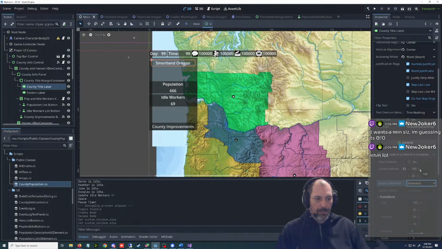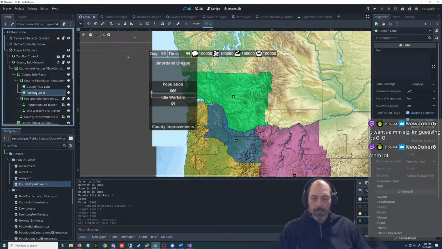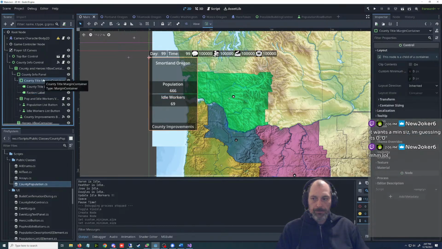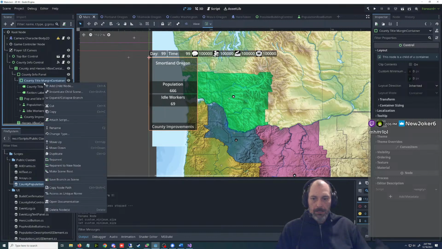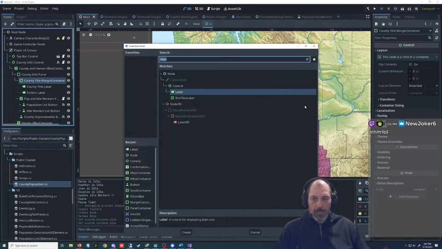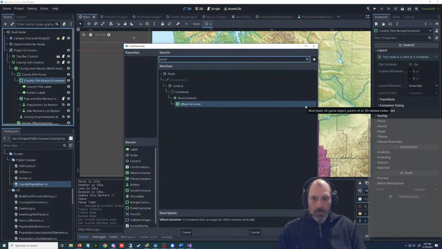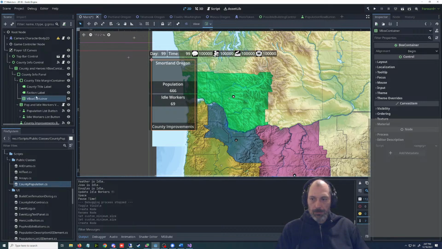That will make it a tiny bit larger. We're going to have to put a V-box inside here, because everything needs a V-box. What do we got this one doing? It's just sitting in the middle. That's fine. Even if you don't want vertical stuff, you just got to add a V-box in there.